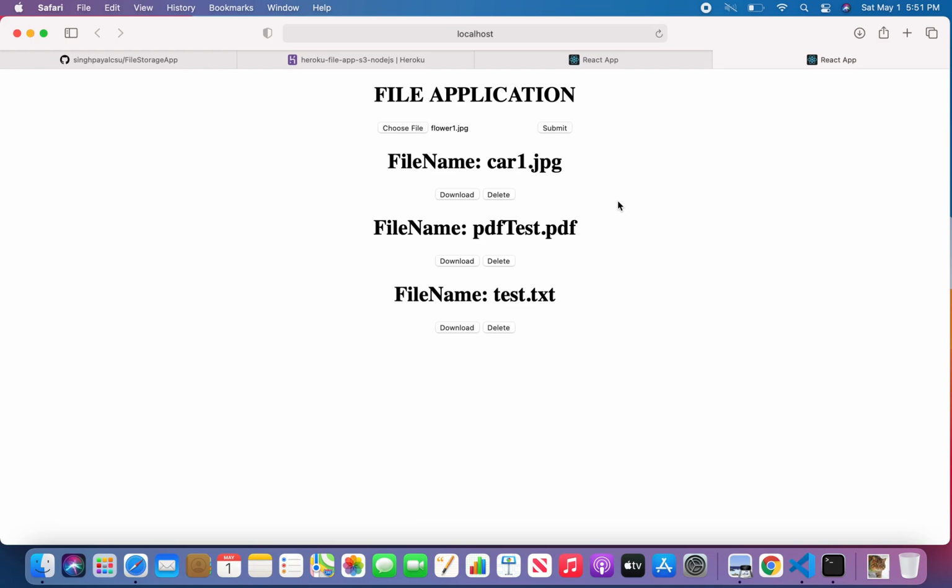One more thing, you can see certain files it already stores. These files are already stored in my S3 bucket. That's why it is able to show files like car1.jpg, pdf, test, such kind of thing. So these files are already uploaded.